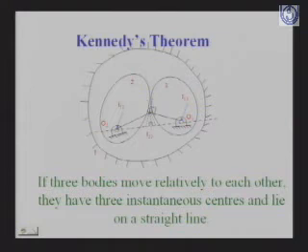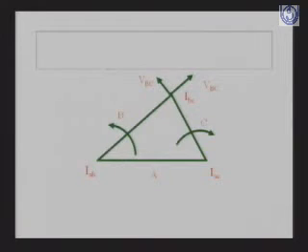And Kennedy's theorem says that if 3 bodies are in motion, then the instantaneous centers of these 3 links lie in a straight line. With the help of this Kennedy's theorem, we can identify the position of the instantaneous center in a mechanism. Now we will take